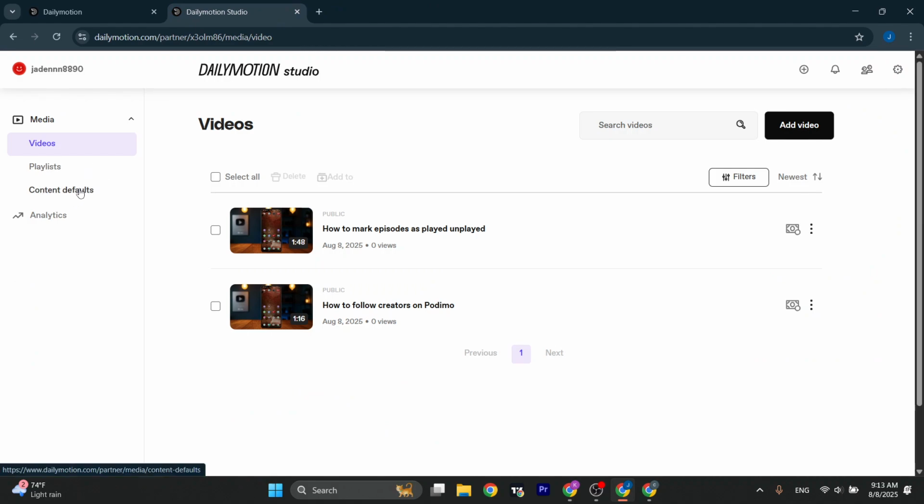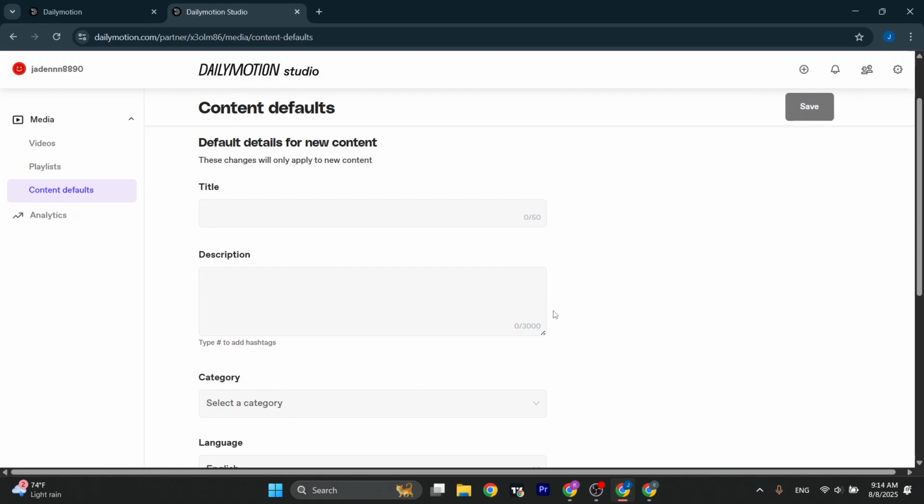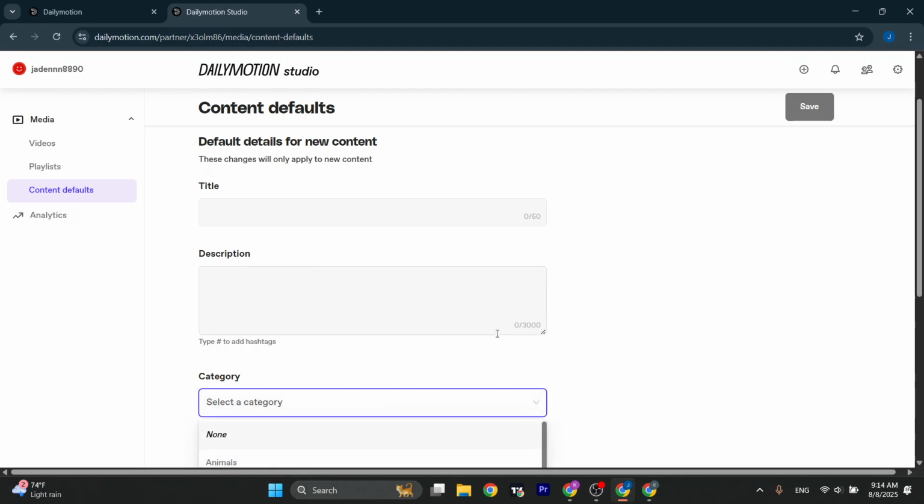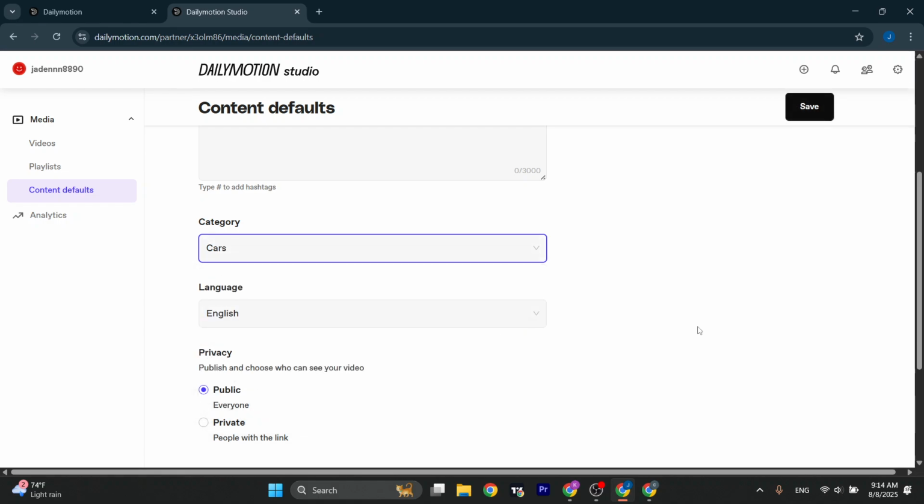Firstly, if you head over to Content Defaults, this is a section where you can add default content such as titles and descriptions, so that certain things in descriptions or the categories don't need to be constantly changed. So for example, if you are in a particular niche, such as the cars niche, you can by default select the cars option so that you don't need to select this option in each video that you